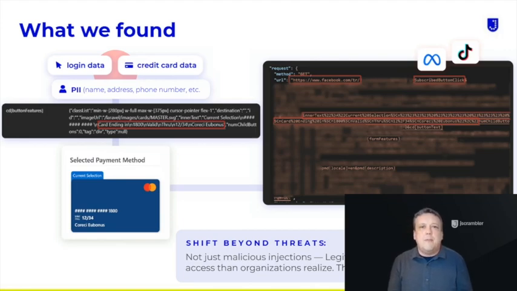An ad tracking pixel on a payment page is exfiltrating partial card data to a social media platform. This isn't malicious injection. This is a legitimate marketing script doing basically what it was meant to do, just in a context that nobody in the security team realized it was operating in. There's another example. There's a different major merchant that we looked at, again on a payment page, and there we found Meta pixels transmitting user details like the postcode, the zip code, before the cookie consent banner had even been interacted with. So the user just hadn't consented to anything, but data was already flowing to a third party.